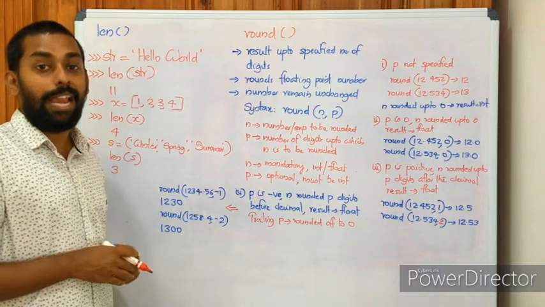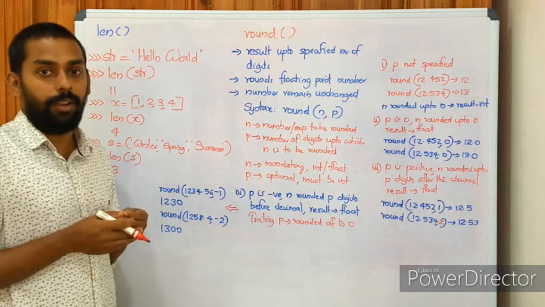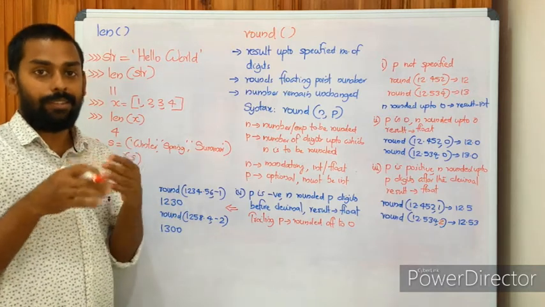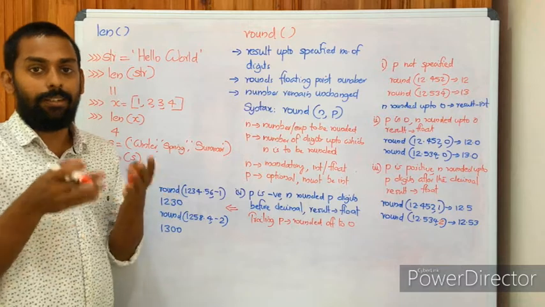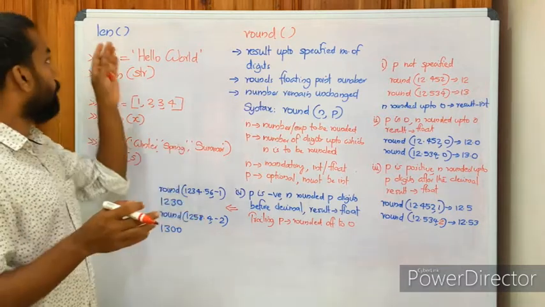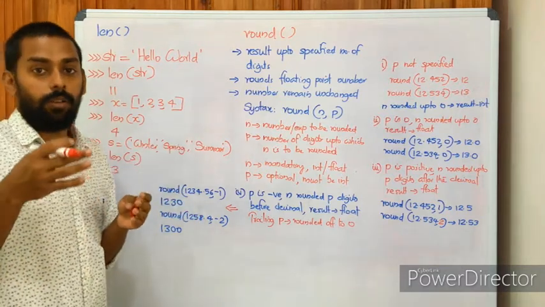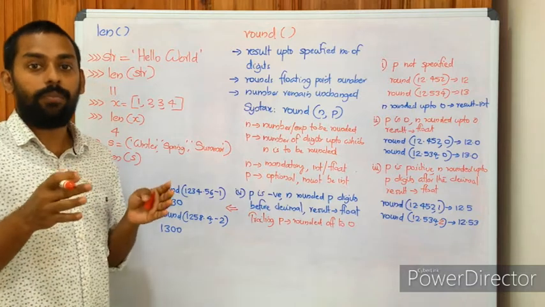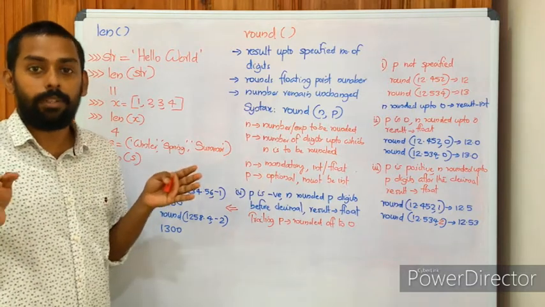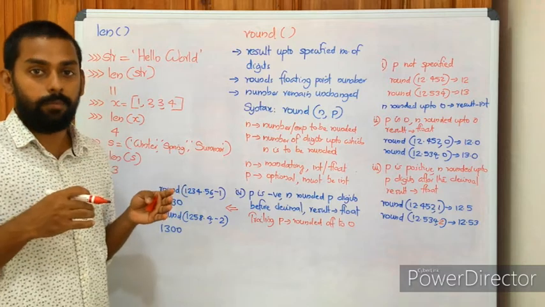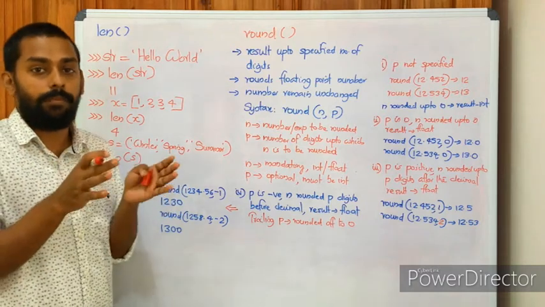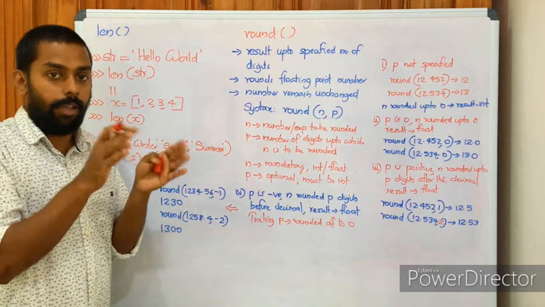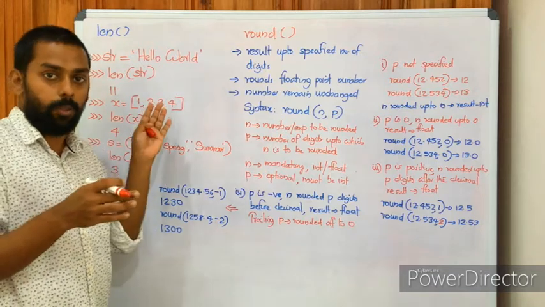Our next function is len. We have already applied the function len for getting the length of a string, list, tuple or a dictionary. The len function is used to return the length of an object. Length of an object means the number of items in an object, and any type of data can be passed to the len function.